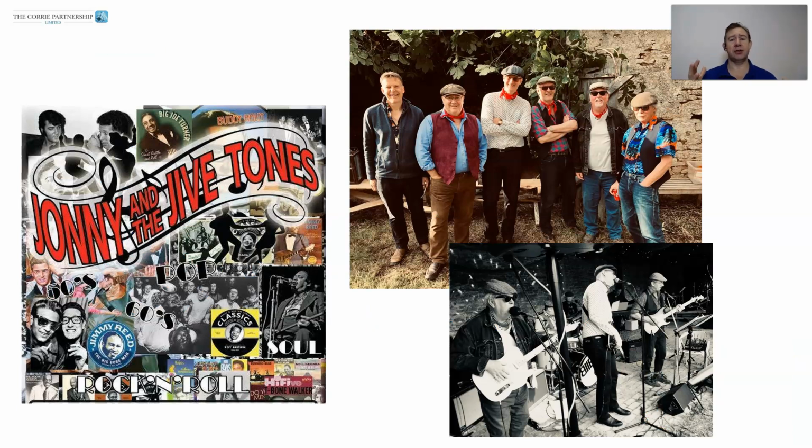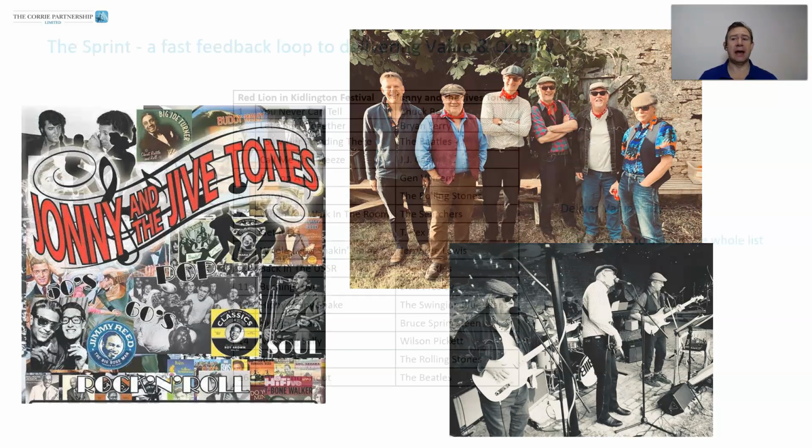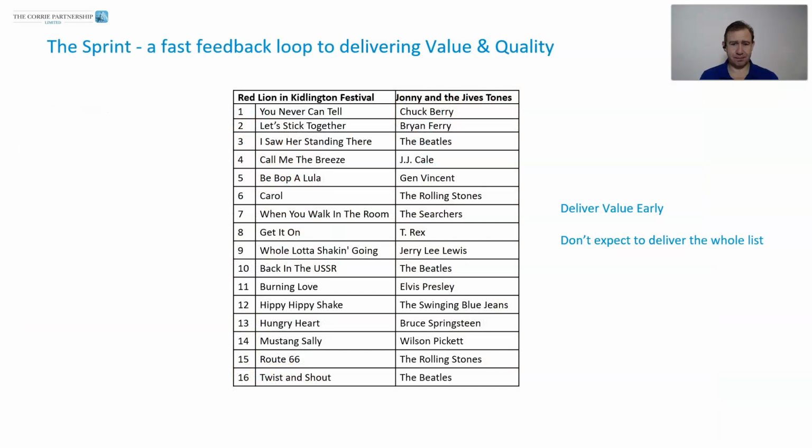With your permission, I'm just going to give you a quick example of how I used sprinting to achieve one of my bucket list goals, which was to play in a band. My brother invited me to play with him in a gig with his band, Johnny and the Jive Tones, and I had only just been learning how to play the saxophone. He asked me to come along and play. So, nothing ventured, nothing gained, with a bit of trepidation, I said yes.